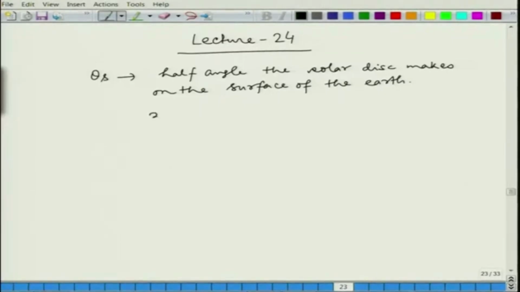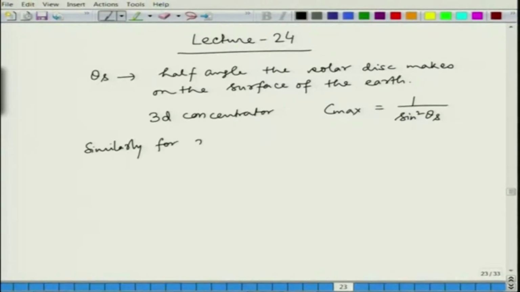And for a 3D concentrator we have C max equal to 1 over sin square theta s. This we derived, and we have used the thermodynamical limit, and that is why it is called the thermodynamic limit or theoretical limit for concentration ratio. Similarly, for a two dimensional concentrator,